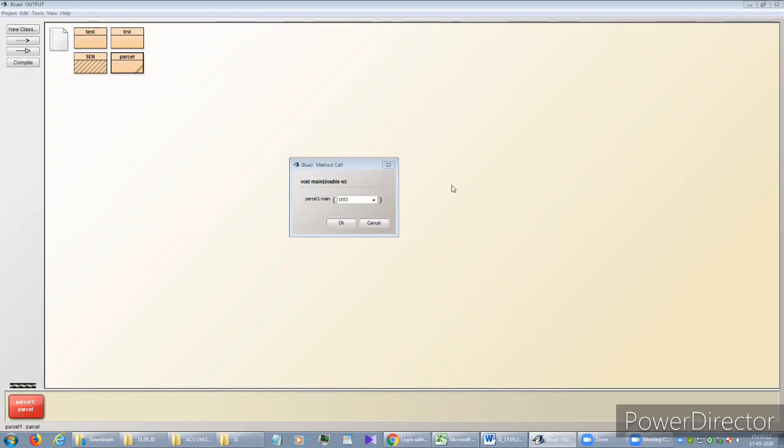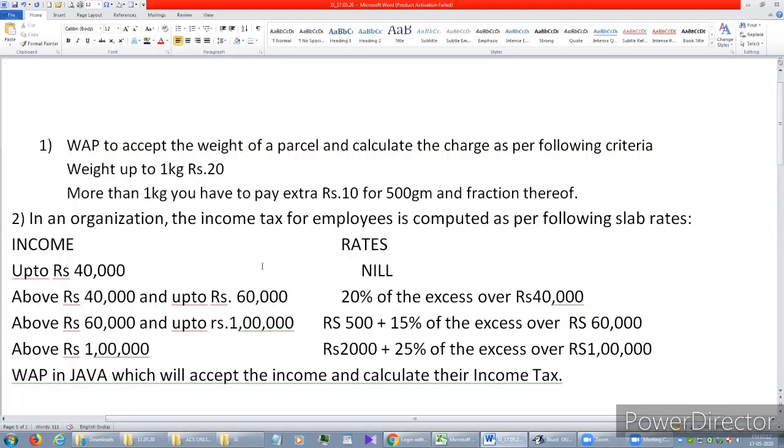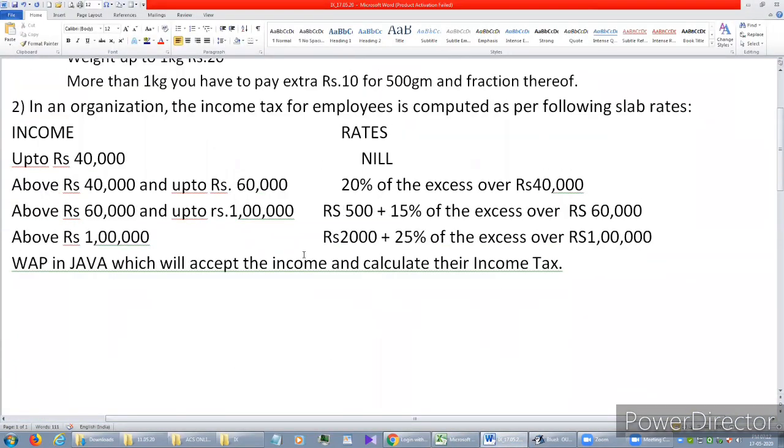Sankalan, yes, sir. So now we'll move on to the next program. So the next program is